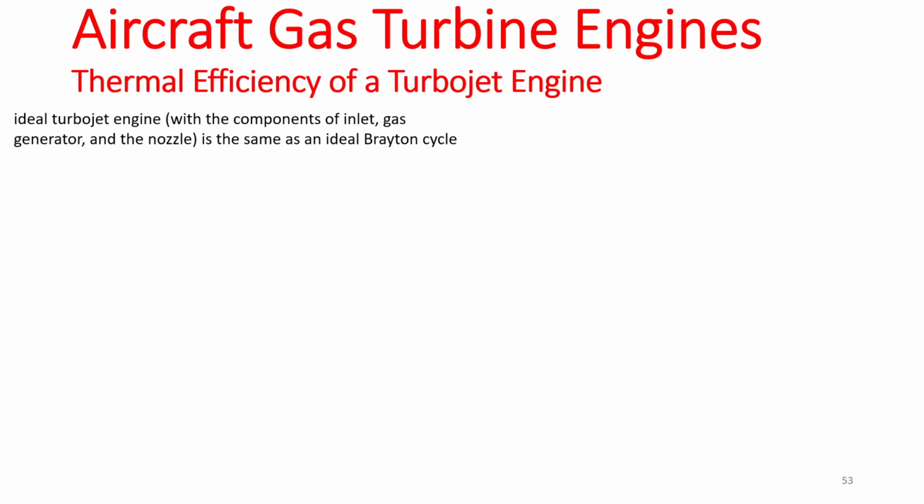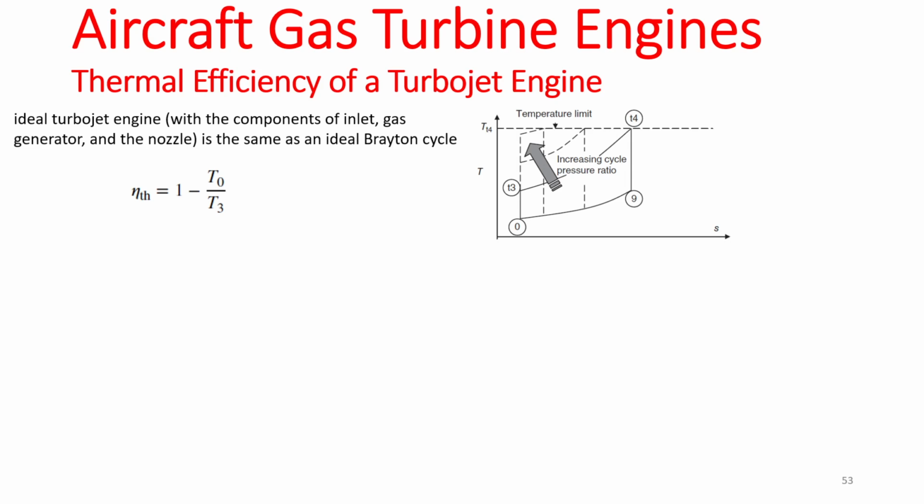Okay, so let's talk about the ideal turbojet engine. As we have mentioned before, the ideal turbojet engine, which has the components of inlet, gas generator, and the nozzle, and the gas generator included the compressor, combustor, and the turbine, is essentially just an ideal Brayton cycle. And the thermal efficiency of an ideal Brayton cycle is going to be 1 minus T naught over T3. So the thermal efficiency is going to be 1 minus the ratio of T at the station 0, which is